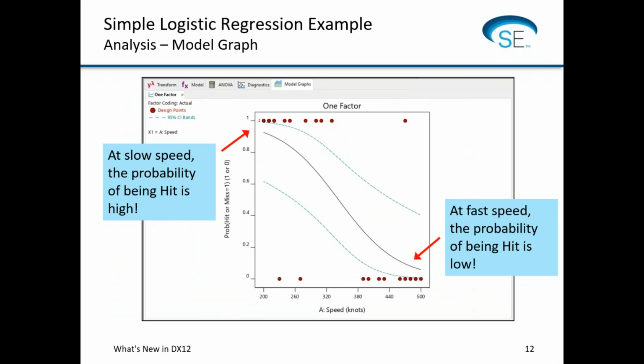Finally, you get to the logistic regression model graph, which looks like this. Across the x-axis, you can see our speed ranging from 200 to 500 knots, and the y-axis is your probability, in this case, of a hit or a miss. So interpreting this, if you look in the upper left-hand corner of the graph, you can see that we are